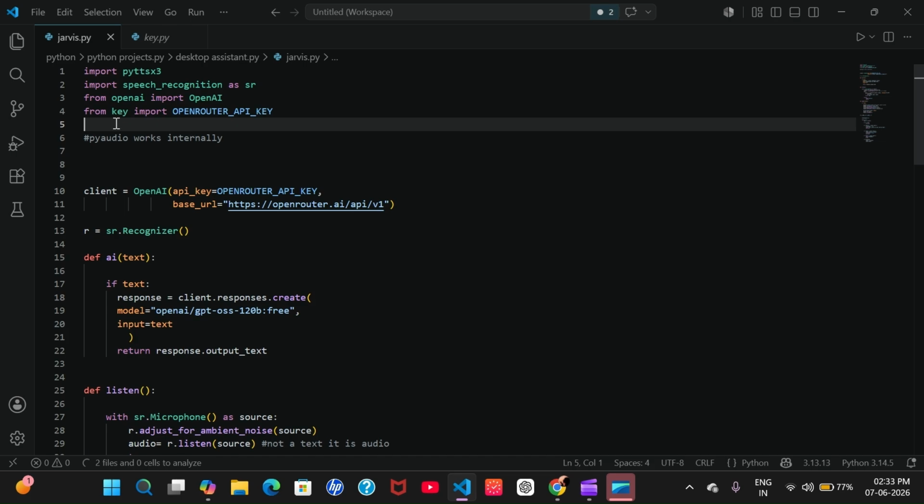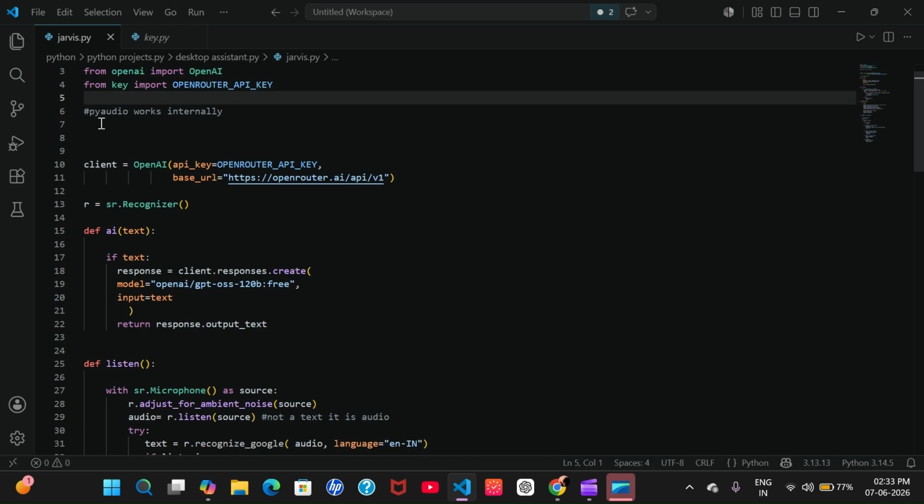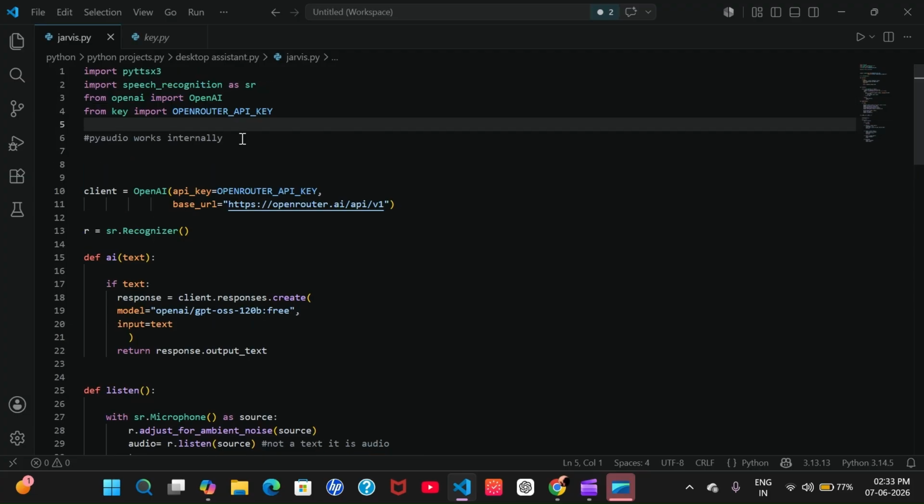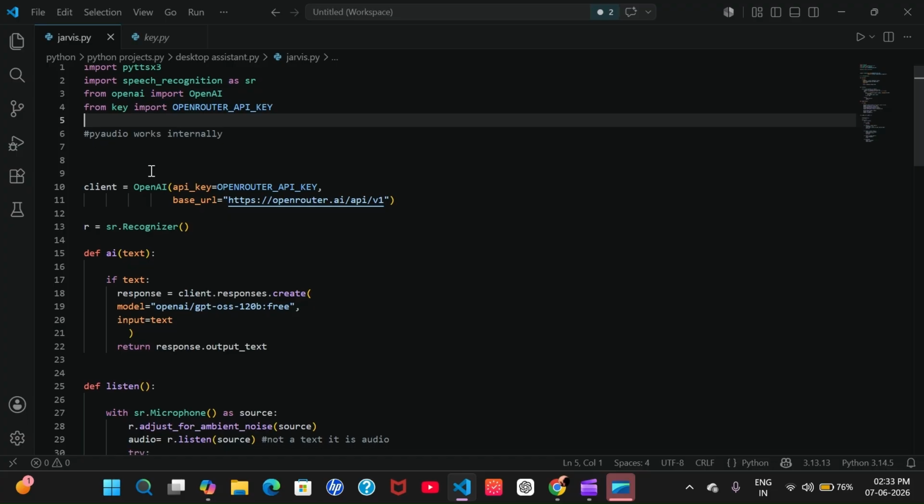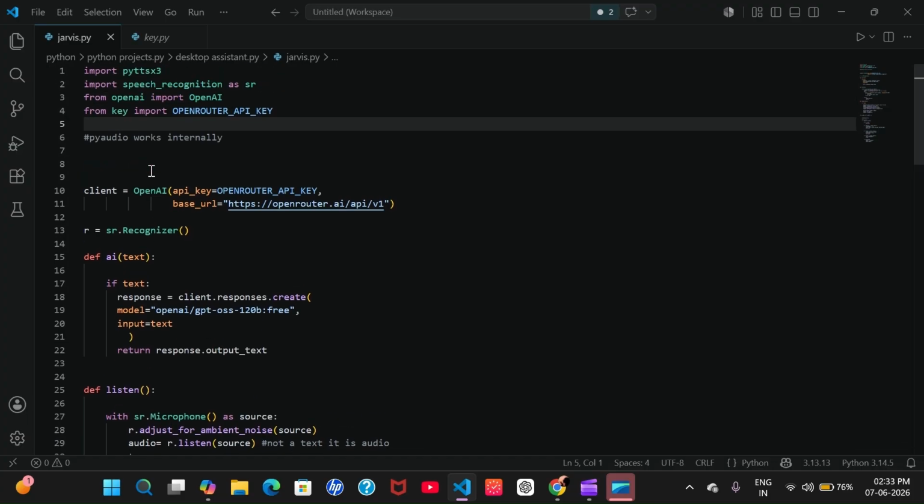I will explain import webbrowser in the next video. So see, PyAudio works internally here. What does it mean? PyAudio helps you to connect with the microphone. So when you use speech recognition, PyAudio must be installed. Okay, so now let's have a look.